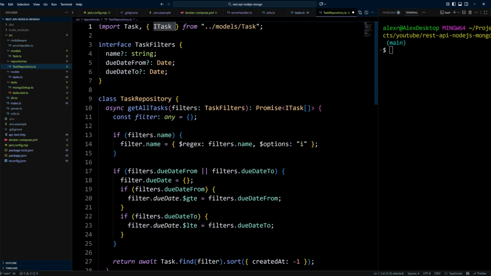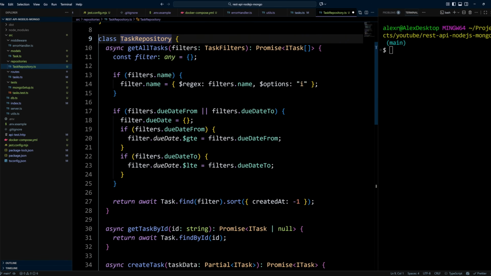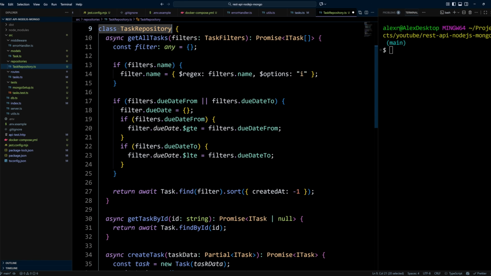We're going to have an interface for the filters. I'm going to call it task filters. Right, I'm going to have a name, due date from, and due date to. Then we're going to create a class, task repository, and this task repository will have some methods, right? We're going to have get all tasks method. We're going to pass it the filters. It will be of type task filters, and this method will be returning the promise, right, with an array of